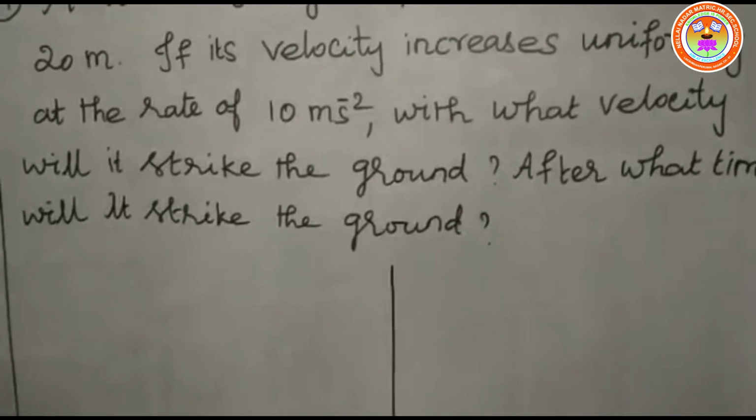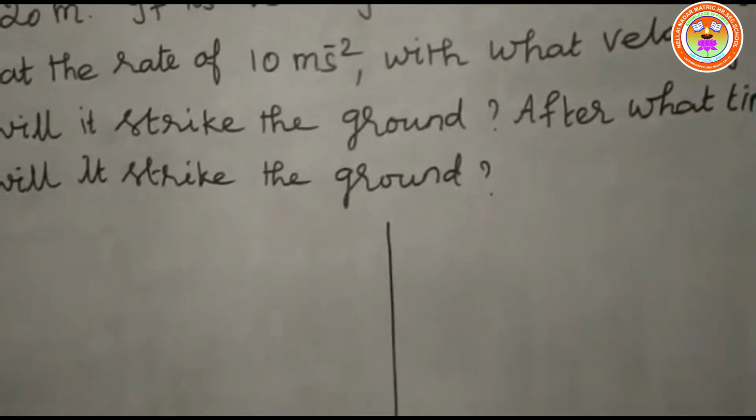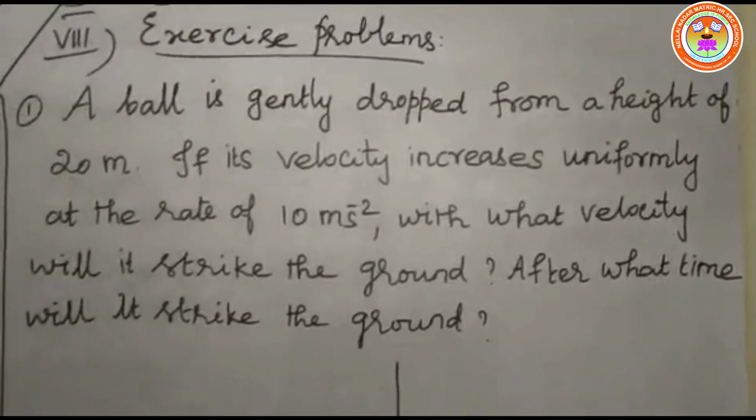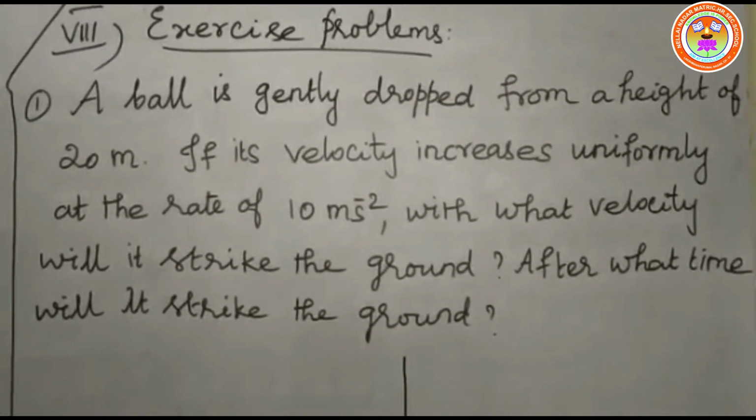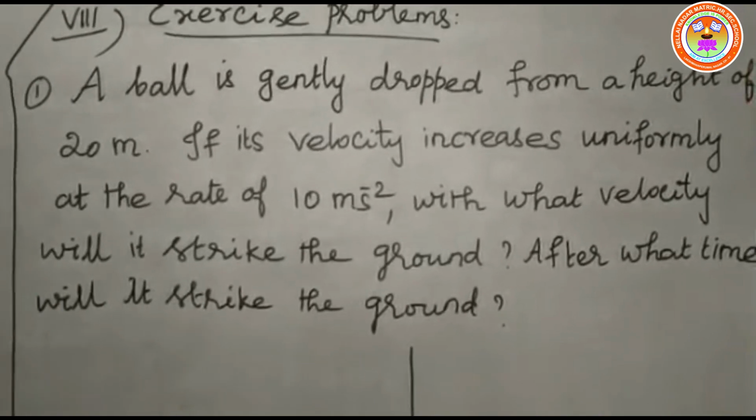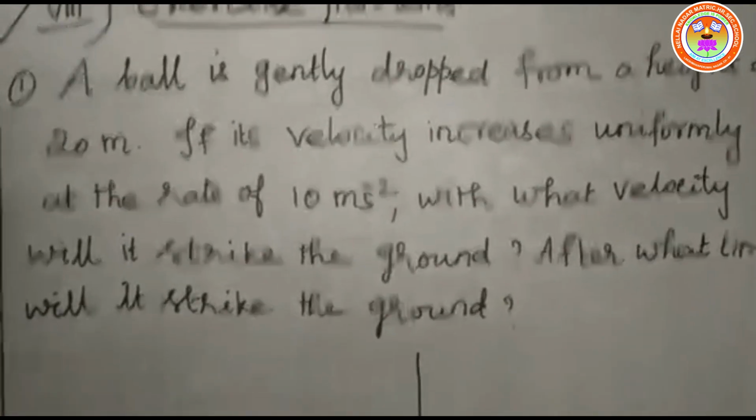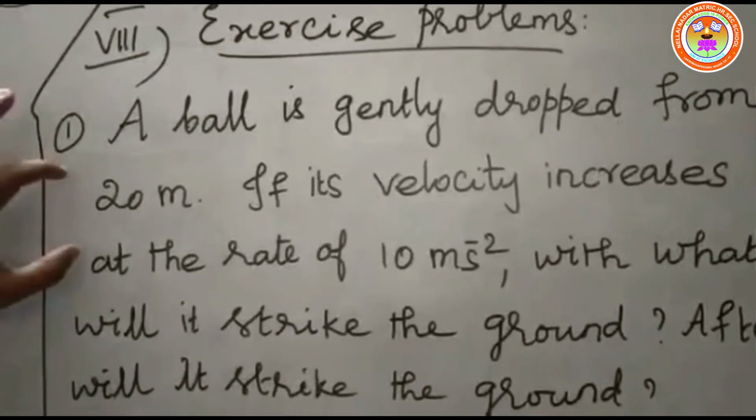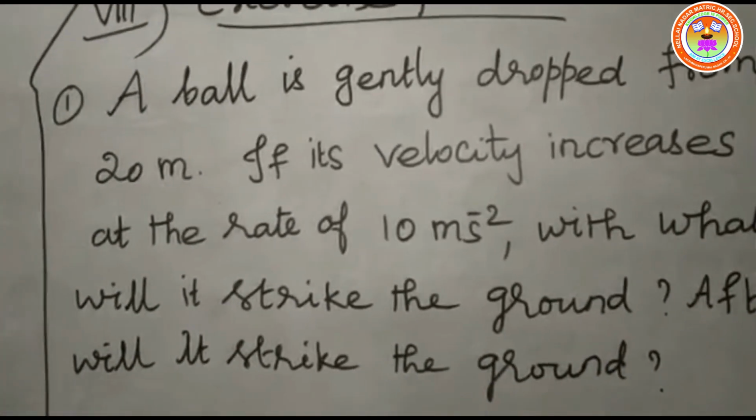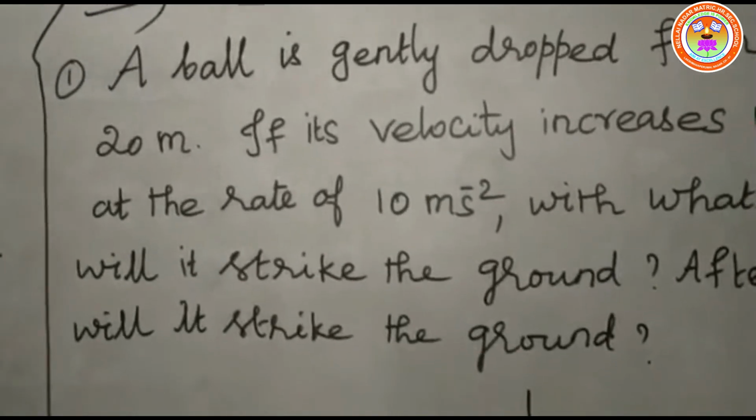So it is given for the motion of an object. It comes under the freely falling object. So here let us consider the object is a ball. The ball is dropped from a particular height. So what is the height? Or the distance it covers is given, that is distance equal to 20 meter, and the velocity increases uniformly,